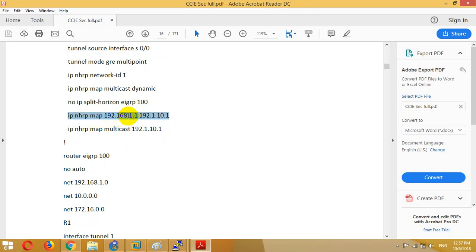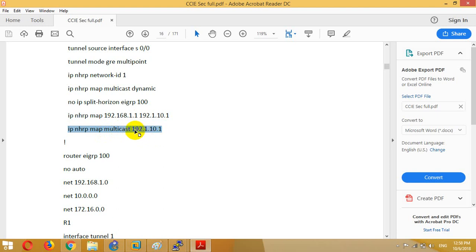Here guys, I'm going to map between what? I'm going to map between the hub tunnel interface IP and the real IP of the hub interface that's located on the hub router in the head office, for example. IP NHRP map multicast